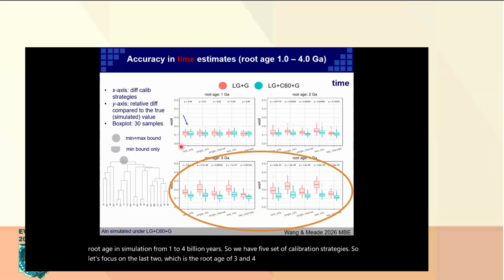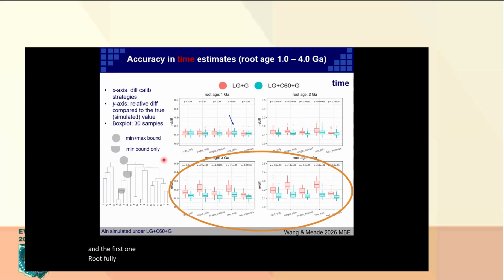So for the first calibration strategy, we have only a single root calibration, and for the second one root and an internal node half bounded calibration, and for the third one one root plus one internal node fully calibrated, and the fourth one root fully calibrated and two internal nodes half calibrated, and the last one, three fully calibrated